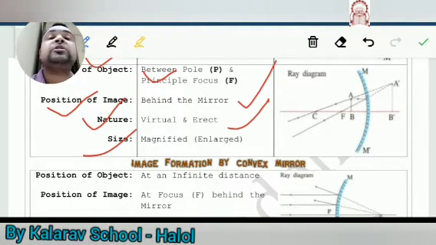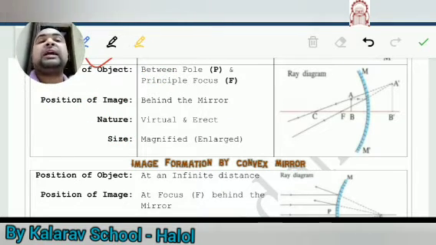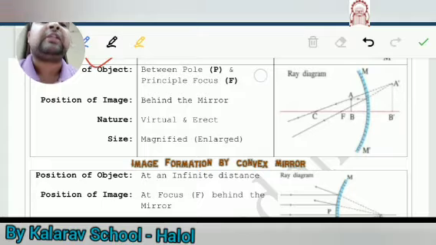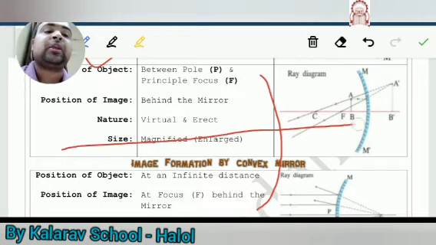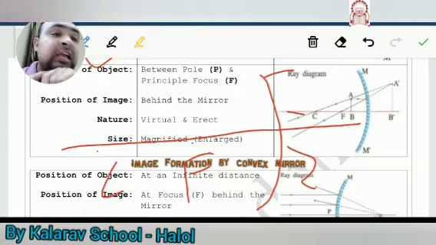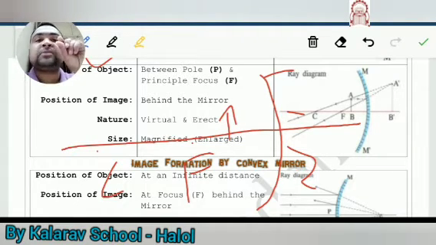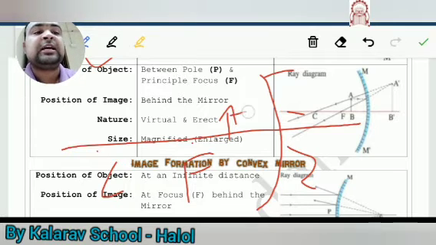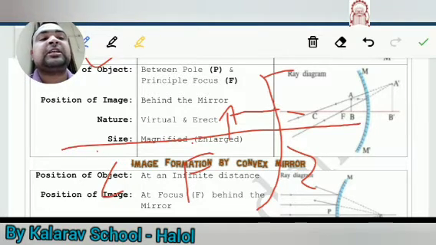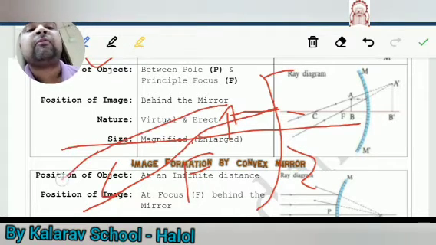Now how will you draw the ray diagram? This is a somewhat hard diagram to construct. So again we use the simple technique. What is fixed is fixed, F and C. Now you have to place your object here, but kindly take your object in a smaller size. Now consider the parallel ray. After the reflection it will go through the F, yes or no, and the third one you take is the ray from the C.